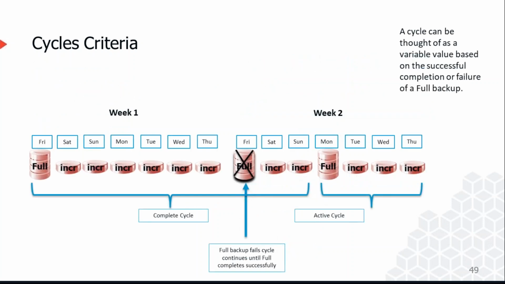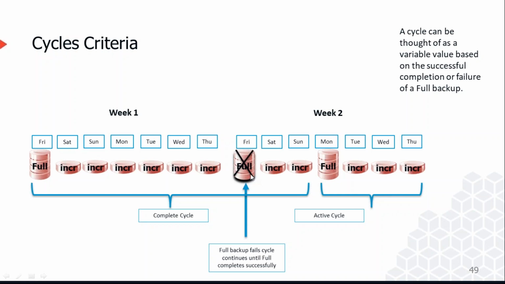Now we will try to understand what happens if my full backup fails. Let's suppose this is week one and every Friday I'm running a full backup. Now on Saturday, Sunday, Monday, Tuesday, Wednesday, Thursday, I have taken the incremental backup. Now on the next Friday,